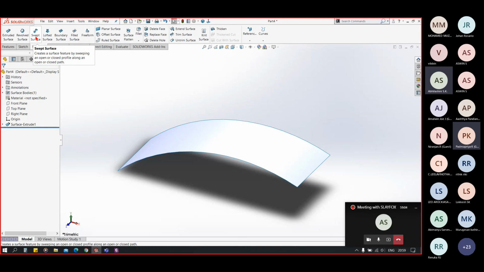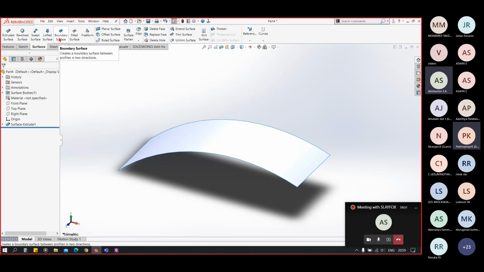We will need a path for that sweep. In the lofted one, we will need profiles, either two or more than two. We will need guidelines or center lines to guide the path. In the boundary surface, we have direction 1 and direction 2, in which we will need guiding lines and our boundaries.